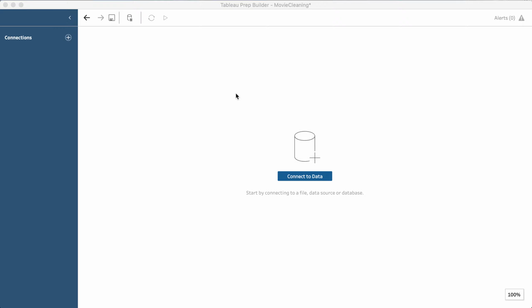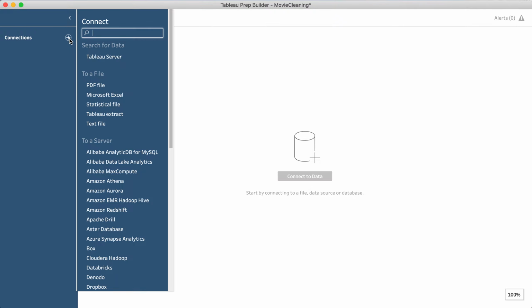In this video, we want to explore Tableau Prep Builder, a tool for data cleaning and data preparation. You can define a flow here from importing data till have a clean output. First of all, you should connect to a data source. You can click on connect to data to connect to a data source, or you can click on this plus